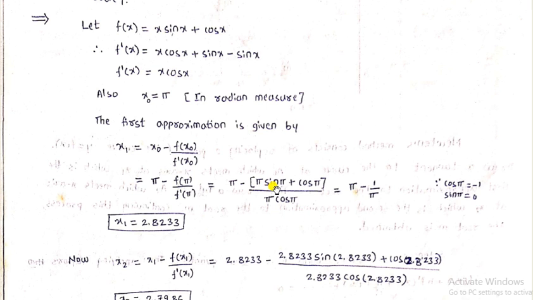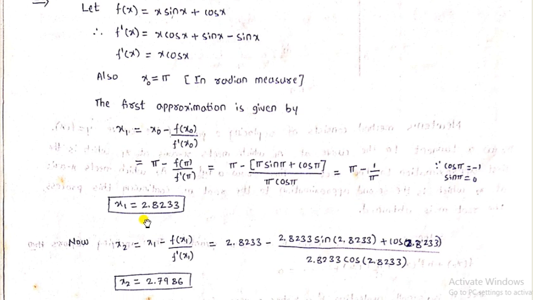So you know that sin 180 is 0, so whole term is 0. Cos 180 is minus 1. So here also cos 180 is minus 1. So minus into minus plus here. So pi minus 1 divided by pi. So here we have denoted cos 180 is minus 1, sin 180 is 0. So by using the calculator, we will calculate x1 value, which gives